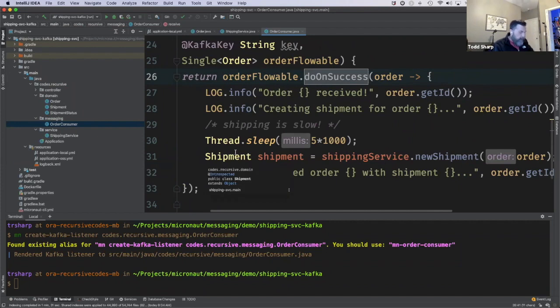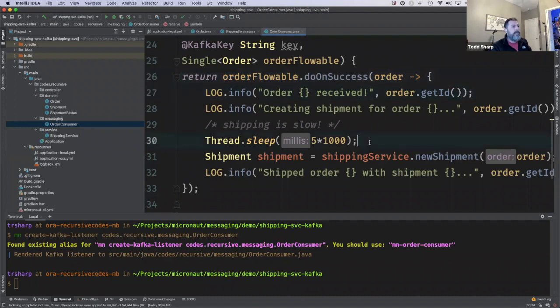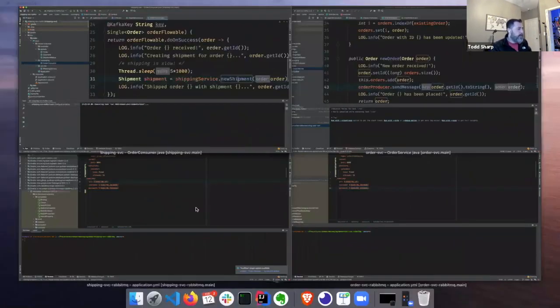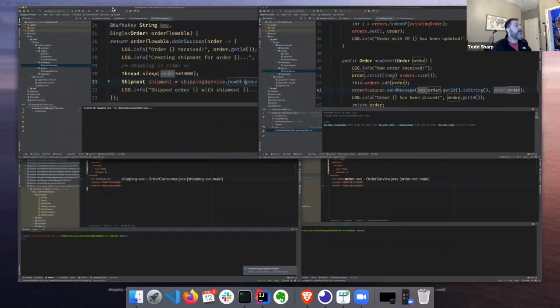Inside of our consumer, every time we receive a message, we're going to do some basic logging. We're going to simulate some slow shipping, and we're going to create an actual shipment via the shipping service's new shipment method. So if we now run this, we come back over to our order service and run this,